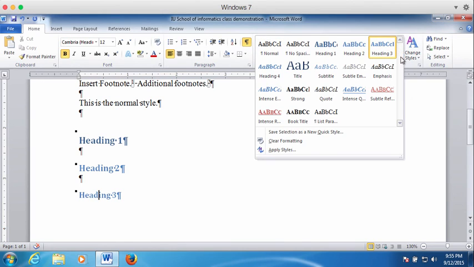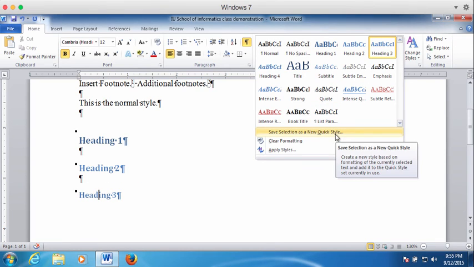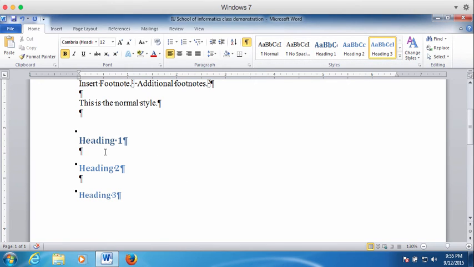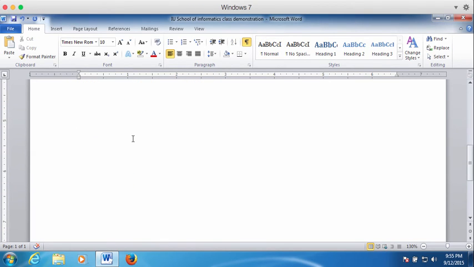Incidentally, if you want to see all the styles that are available, click down. If you want to create your own, just type some text, hit save as a new style. You can tighten that up however you want, and you can name it whatever you want and reuse it throughout your document. So what's neat about here is if I later decide that I want to have some text here and some text here and then some text here,